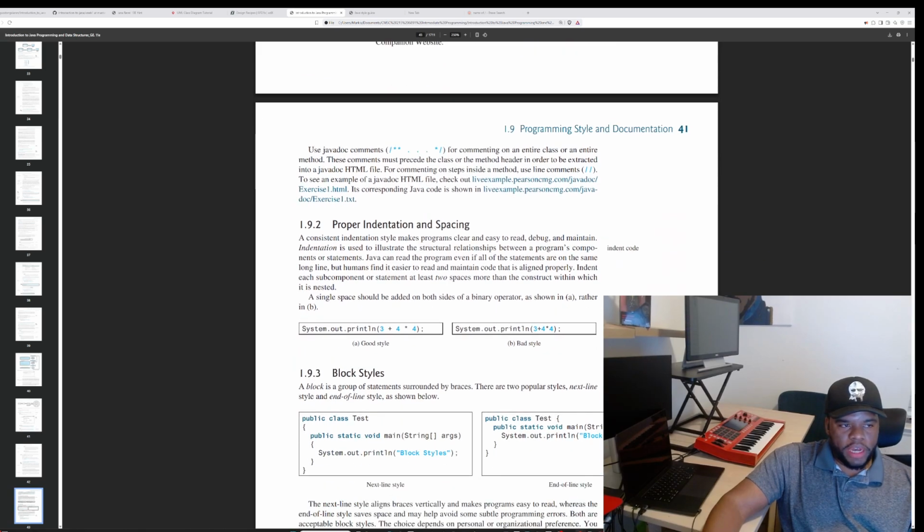Use the Javadoc comments, just like we talked about, for commenting on an entire class or an entire method. These comments must precede the class or method header in order to be extracted into a javadoc HTML file. For commenting on the steps inside the method, use that type of comment. To see an example of a javadoc HTML file, check out liveexample.pearson.com javadoc, and then Exercise1.html is the corresponding Java code that is shown in this other